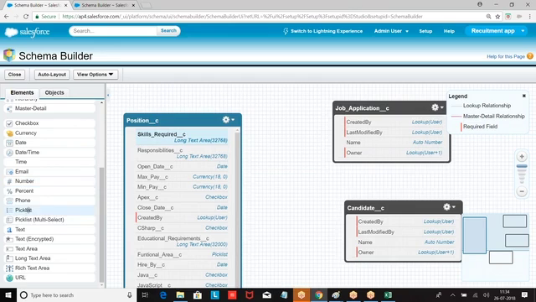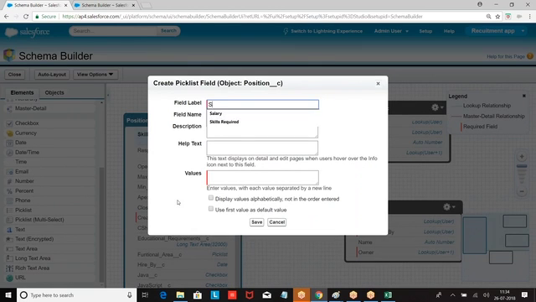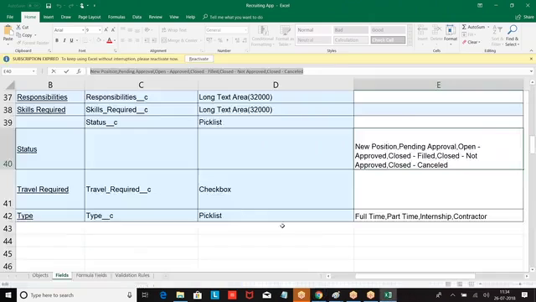Status, pick list. Then travel required, type.